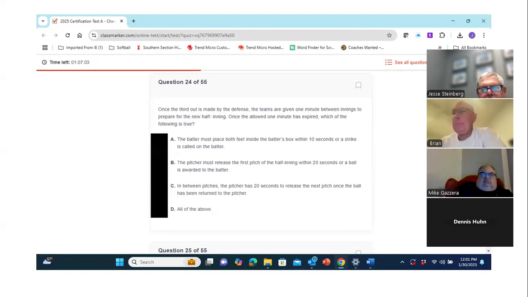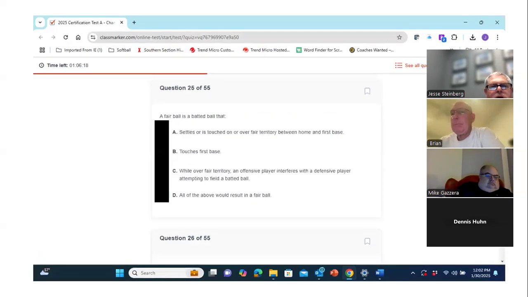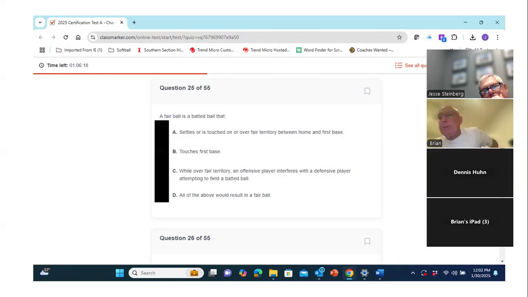Any questions on 24? Here we go. Moving on. A fair batted ball is a ball that... Who's got an answer for me on this one? Not just first base. What else? D. Okay.